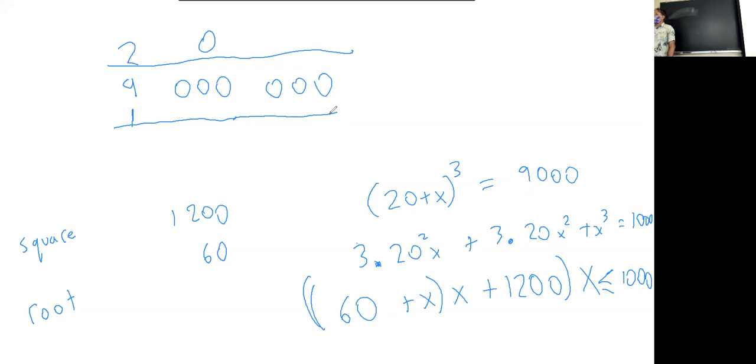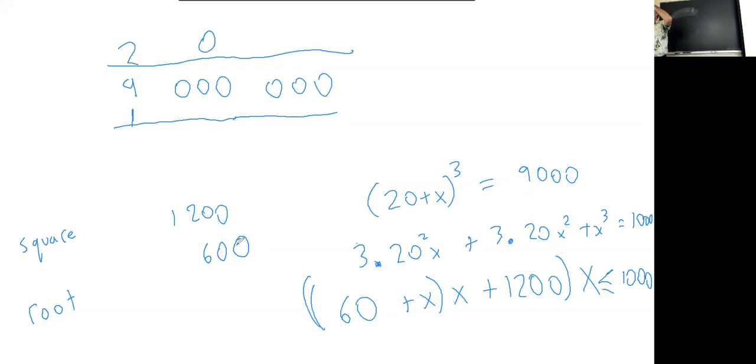And now our equation becomes, so now we've gone from 20 to 200. So 3 times 200 is 600, and